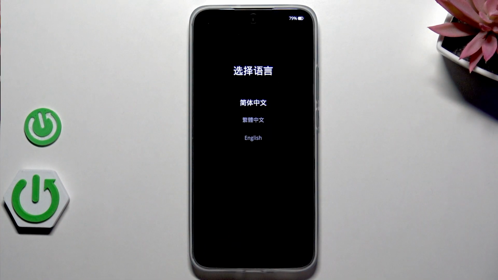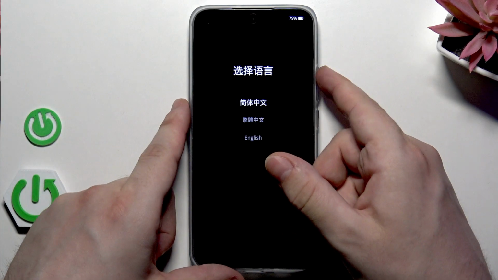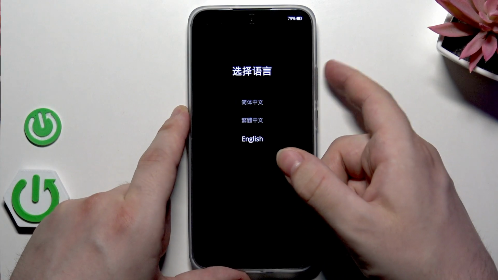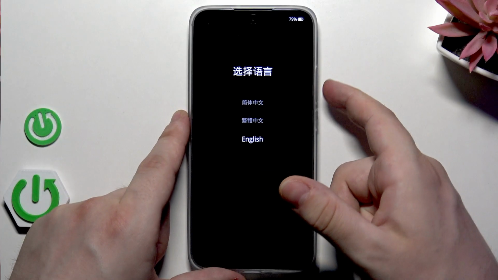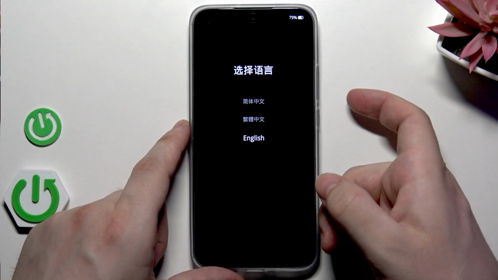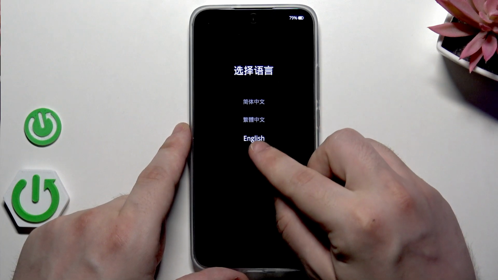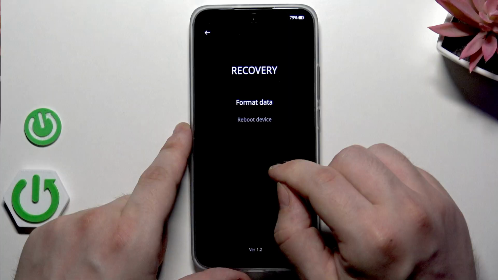And now we are in recovery mode. To navigate through the menu, you can use the volume keys. And now if you want to confirm the selected option, you can click the power button, but the touchscreen also